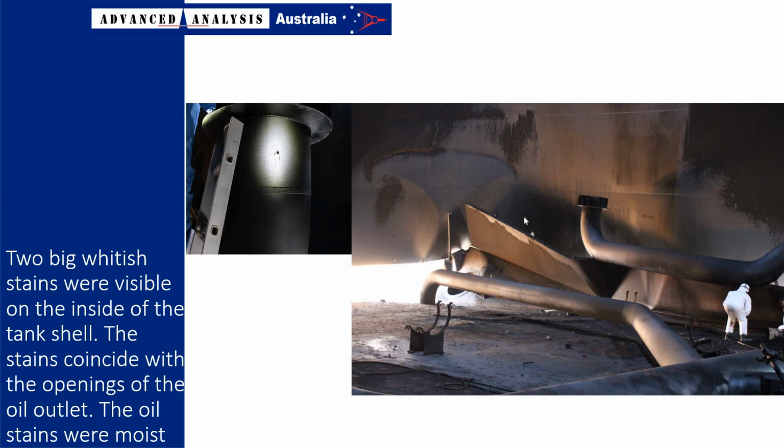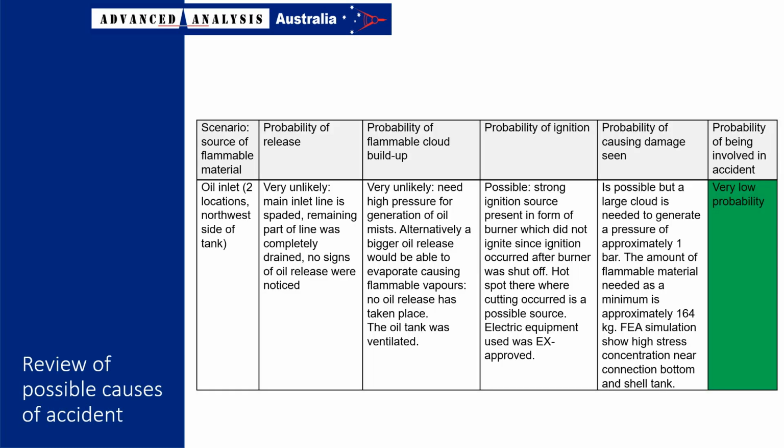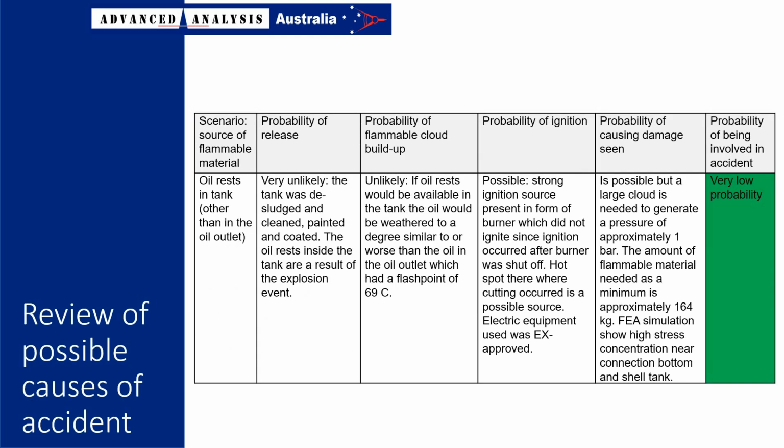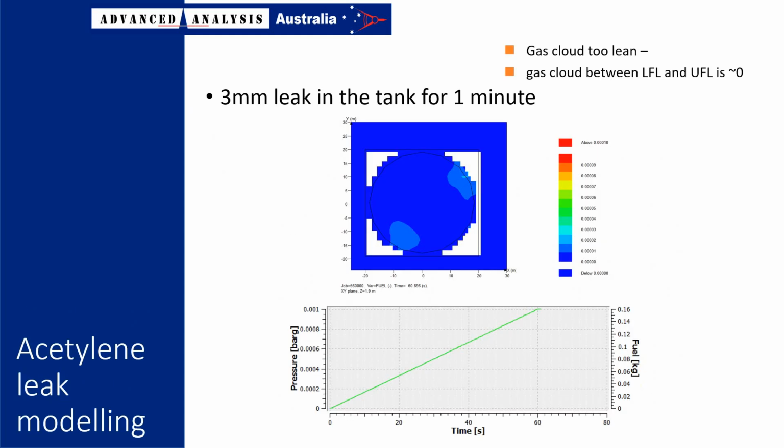What happened? The tank was clean. The tank was sanded. The tank was jet cleaned, NDT tested, drained, deslugged. Where was all this energy coming from? I'm going to summarize. Obviously, it was a very involved accident investigation, so we won't go through all the avenues of investigation, but rest assured there were many, including the possible release of all the oxyacetylene from the oxyacetylene tank, as implausible as that seems,